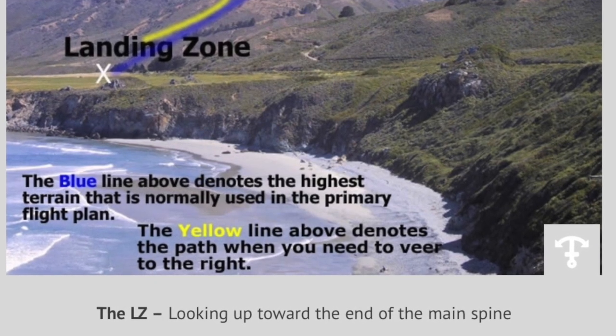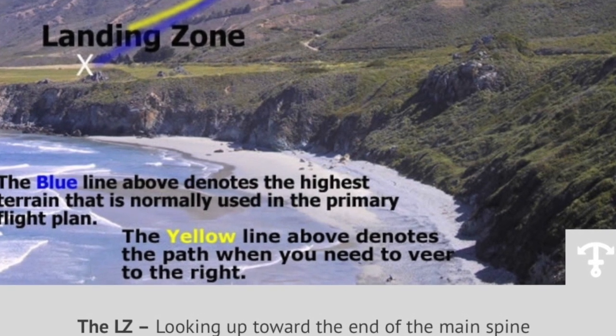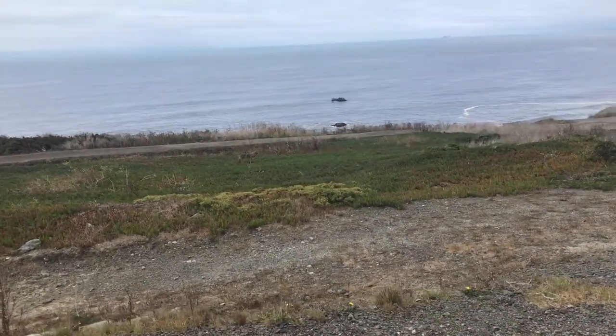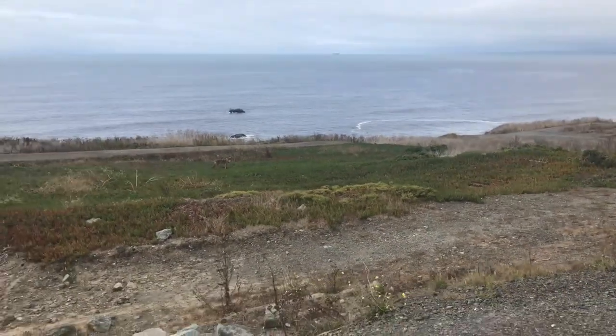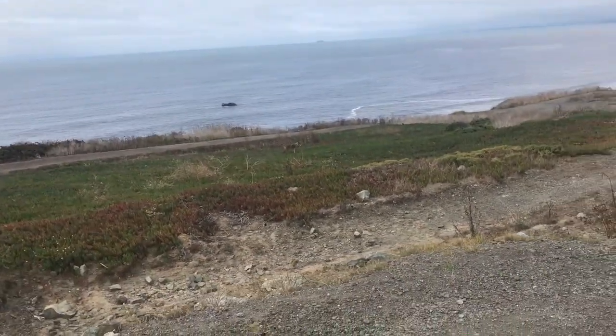The higher we got, the less comfortable my wife was with driving the vehicle back down alone, and my poor planning left us at the top of the hill there with barely enough gas to get back to a gas station. Fortunately, this coyote wasn't hungry enough to try to eat me. So we loaded up the car and headed back north, and we stopped at Sand City on the way back